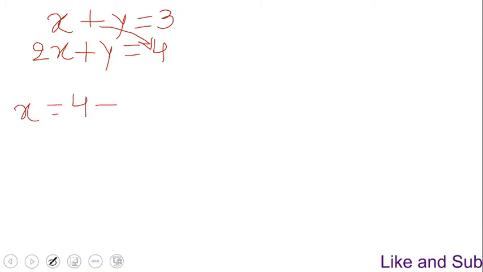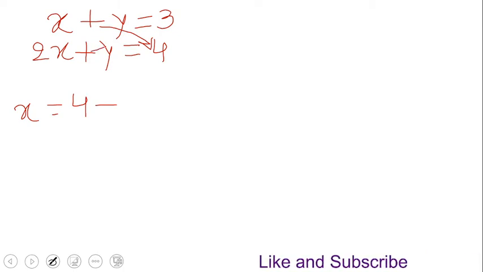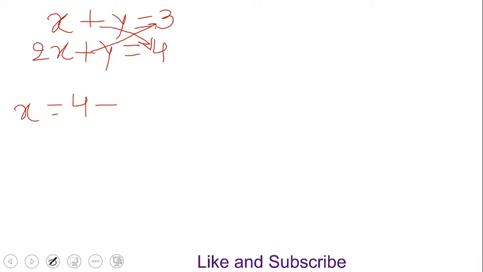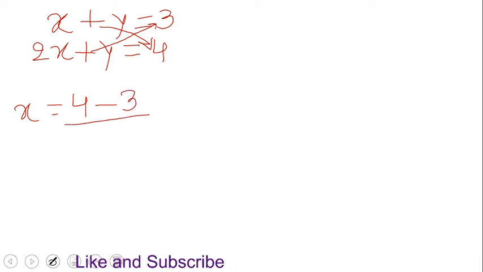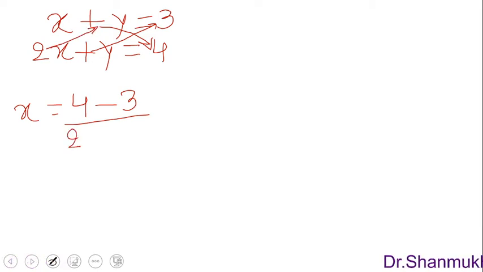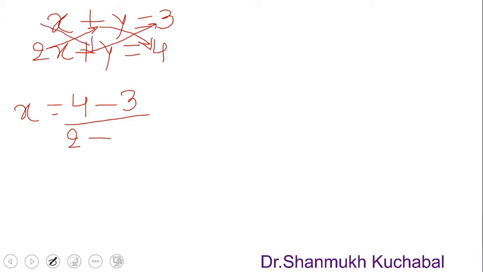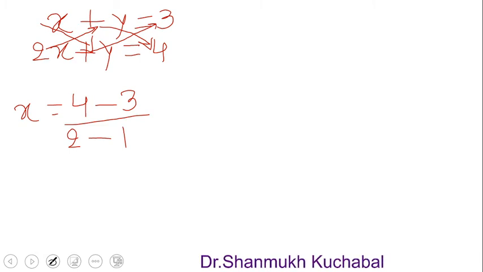Now you are familiar with the method, so I am directly doing it. Next is left to right in this way, 1 into 3, we are going to get 3. Next, divided by, so here the x coefficient with the y, 2 into 1, 2 it is, minus. Next, in this way, cross multiplication, 1 into 1, 1 it is.